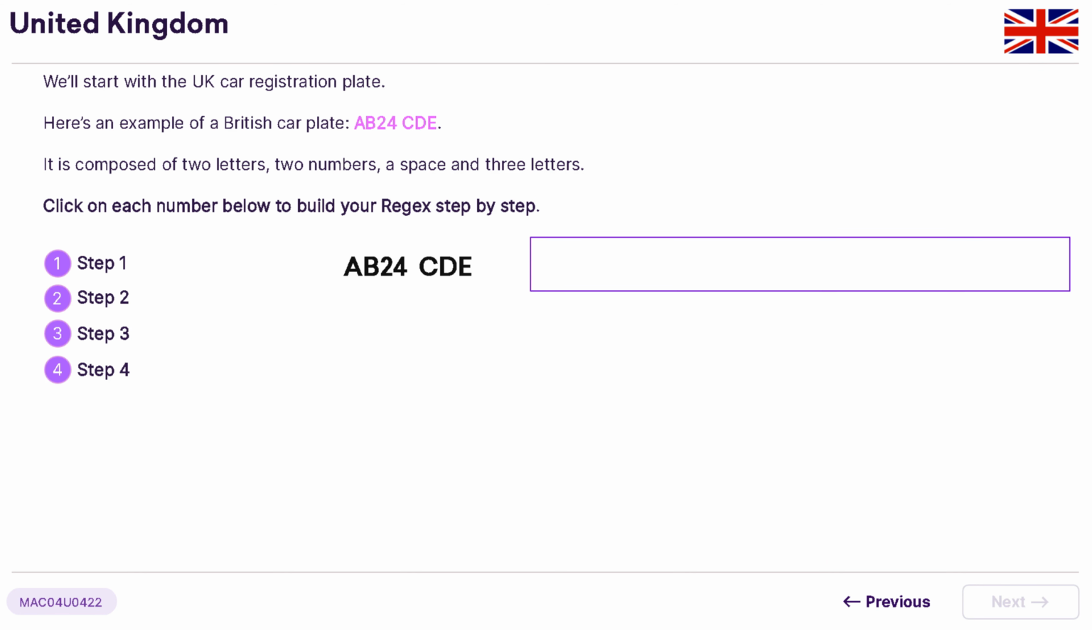Let's dive into the structure of a UK car registration plate. These plates follow a specific pattern. They begin with 2 letters that denote the region where the car was registered. Following those letters, you will find 2 numbers, which often indicate the age of the vehicle. Next, there's a space, and finally, the sequence ends with three more letters, which are randomly assigned. Consider this example, AB24 CDE. This combination adheres to the format with the two initial letters AB, followed by the numbers 24, a space,